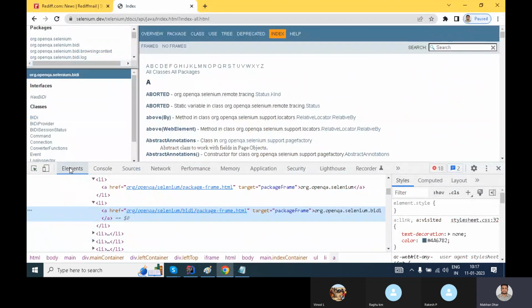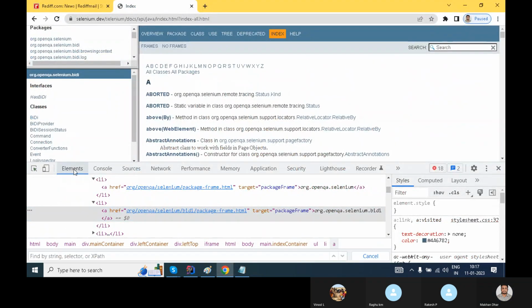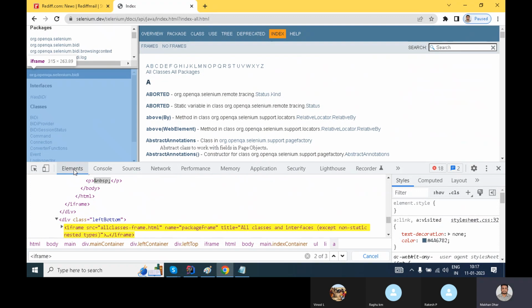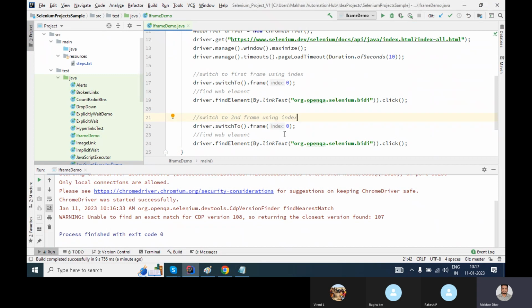Our second frame is, what, iFrame. So this is my second frame. Interfaces classes is my second frame. Okay. Now second frame using index. Here we'll just say one. Again, we have to make click some action, right? So what we are going to do,